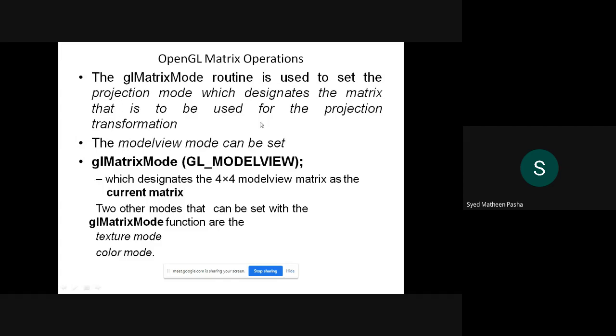As we all know, the initial matrix which is fed to the program is the identity matrix. Then, if you are using this function, glMatrixMode, it basically tells you what kind of projection should be set, with the help of which you can display an output onto the screen, and it gives you a destination for what kind of projection transformation is being done. Then the model view mode can be set with the help of this function, glMatrixMode,